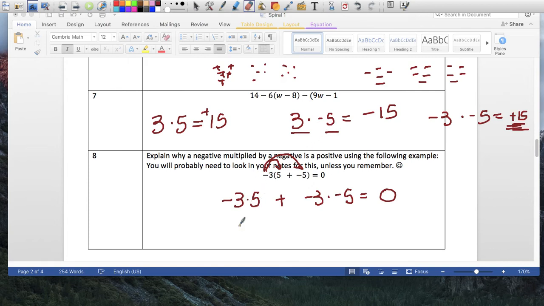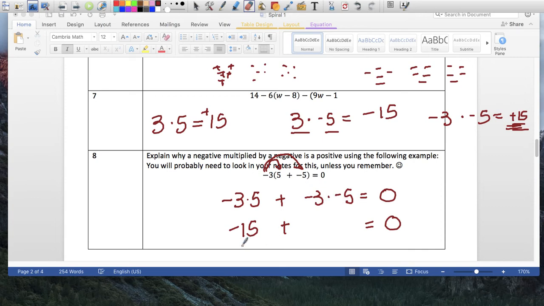That -3 times 5 is going to be -15, right? So it's a positive times a negative. Sorry, a negative times a positive equals a negative, and this one will be 5 groups of -3, and that would give you -15, right? So now plus, even if you didn't know what a negative times a negative is,